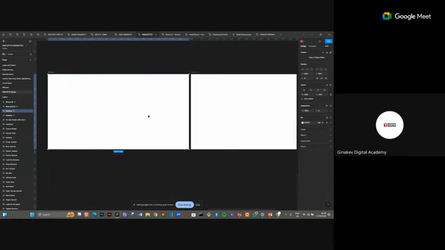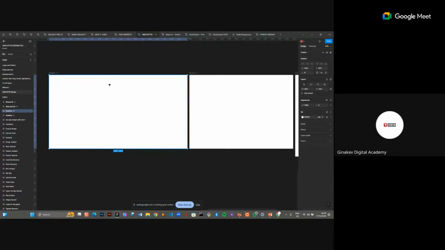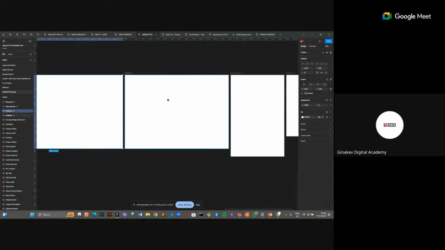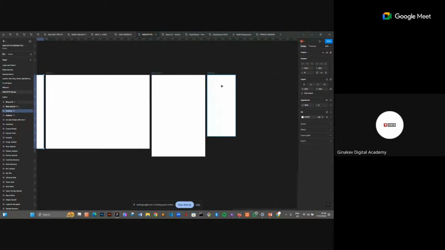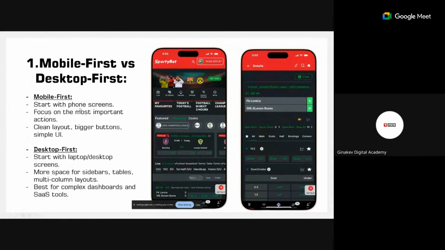I know some of us have seen curved monitors. So normally this one here is the size of a laptop, the screen size of a laptop. But this one is for monitors, especially wide and curved monitors. So you can as well design from here and move down to here and scale it down to this and then scale it down to mobile view. So if you decide to design from a desktop first,